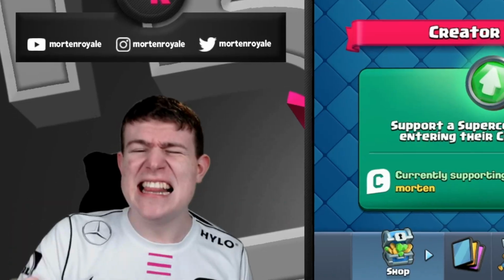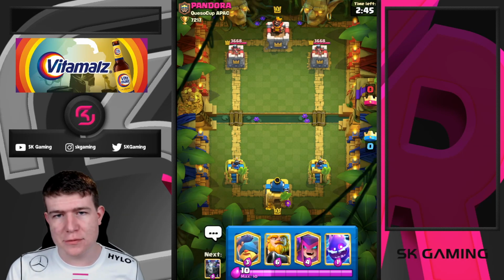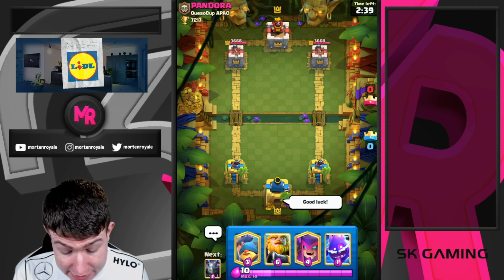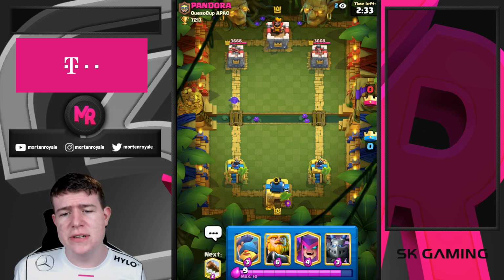I would say let's push back up to the spot where we should be. Let's do it, guys. Here we go, guys. Here in the first game, let's see if we're able to take some easy dubs with this deck and push back up in trophies, which is our goal for today. We play against Pandora, actually one of the best players in the world, and we're just gonna give him good luck. And starting plays wise, I like to go for logs, I like to go for Electro Spirit at the bridge, also